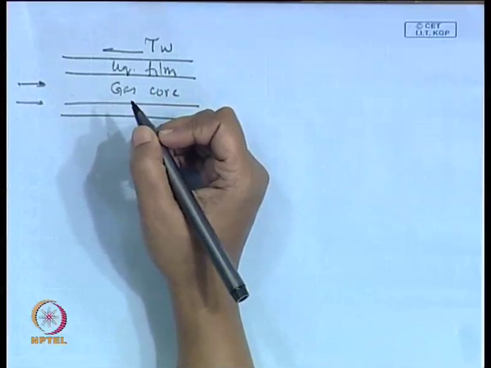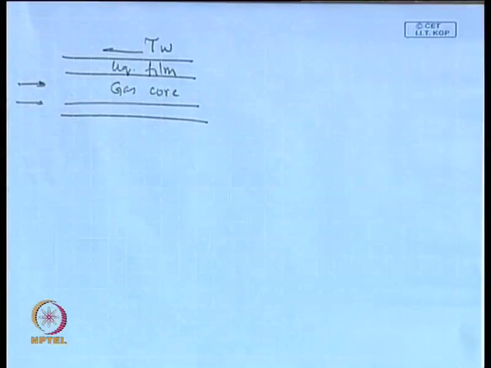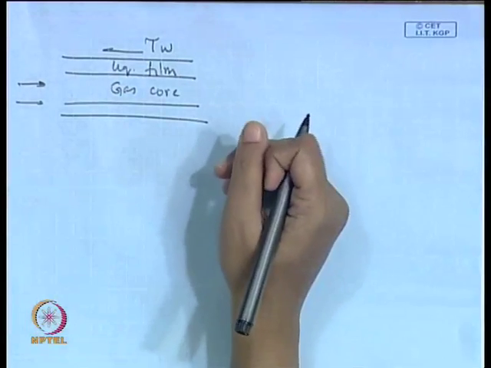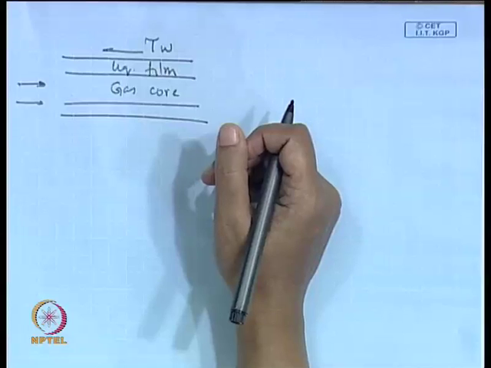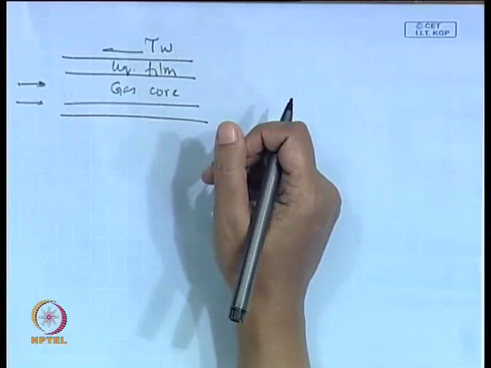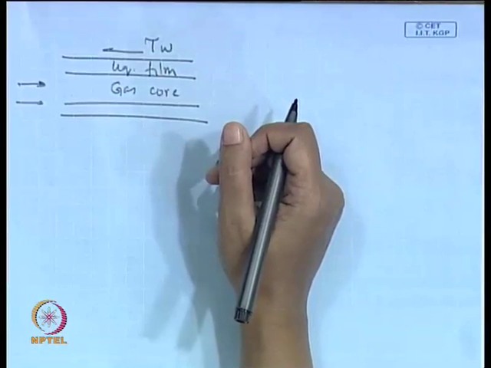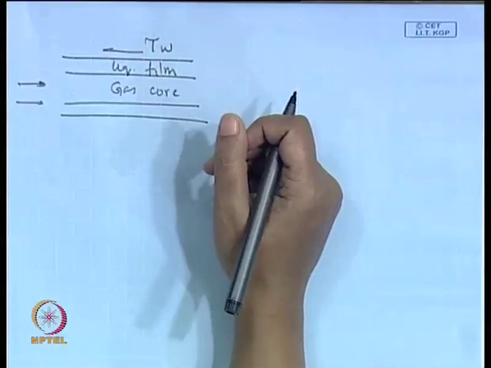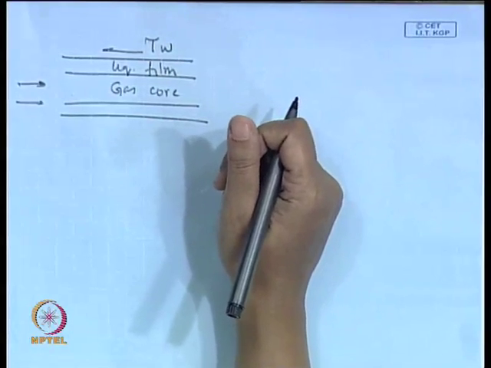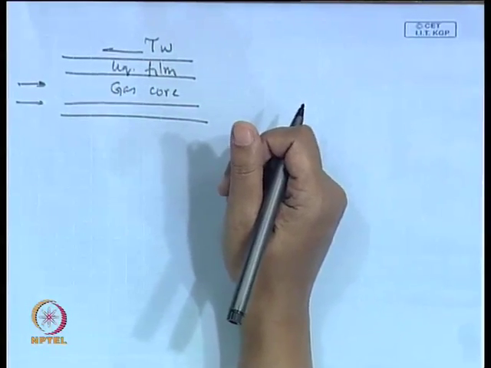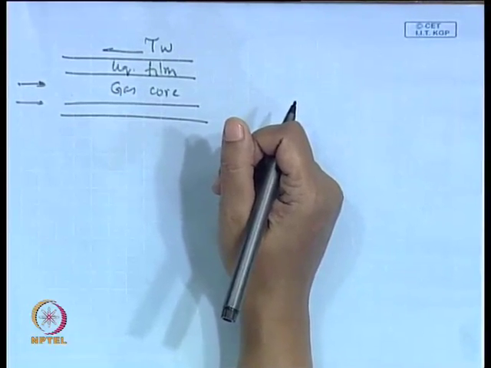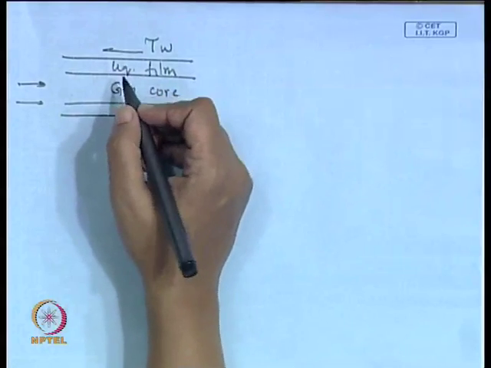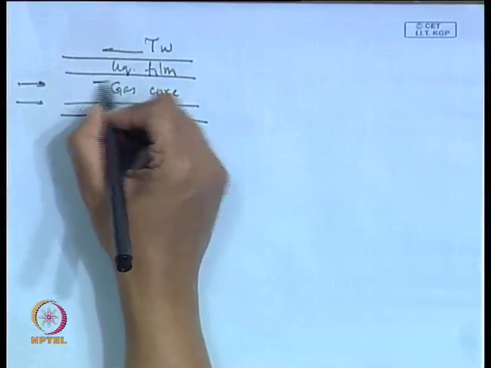What will be the direction of tau I? Can you tell me the direction of tau I? Very correct. It will be in the direction of flow for the liquid phase and opposite to the direction of flow in the gas phase, because the gas always flows faster than the liquid phase. Very correct. So, therefore, this is going to be